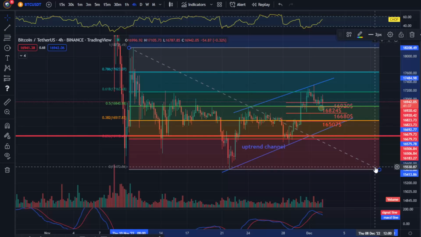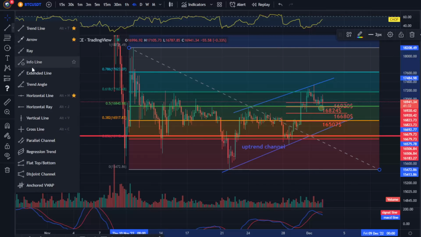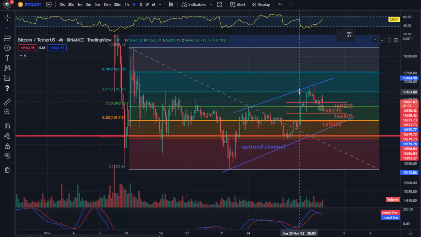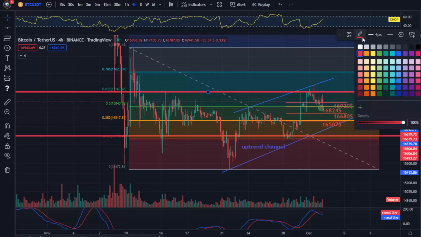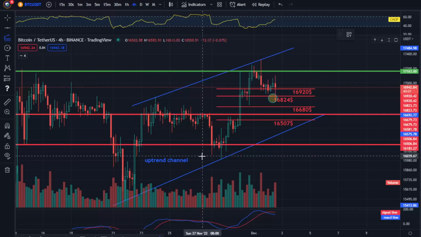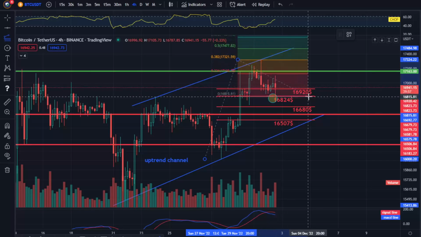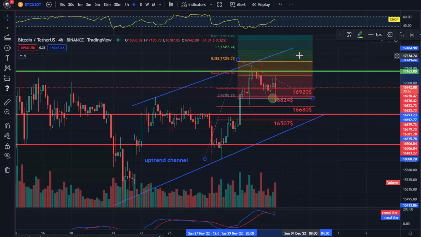Now let's move on to identify strong resistance based on all the downward movement seen in the chart. And here we'll mark the strong resistance at 0.61 fib retracement where the price turned down. However, taking into account the last move, we see that the first resistance from which the BTC price has already bounced once is at